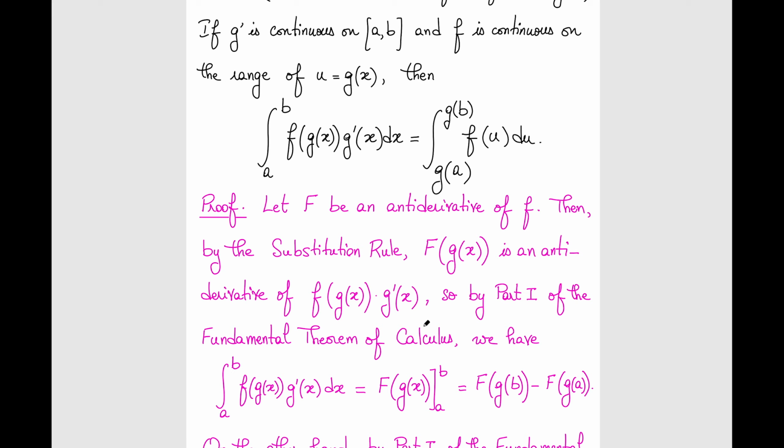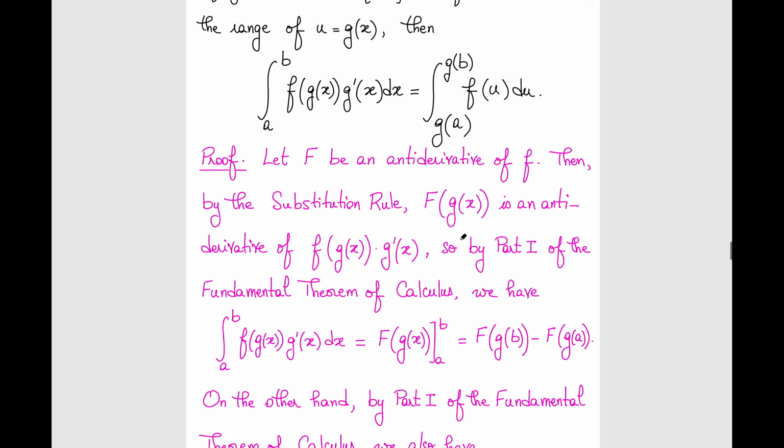So by part 1 of the fundamental theorem of calculus, what is this left-hand side? Well, since we know that F of g of x is a primitive function of this guy, then by the fundamental theorem of calculus, I'm going to get this primitive evaluated at the upper bound minus this primitive evaluated at the lower bound. So I get this. Correct? On the other hand, about this right-hand side,